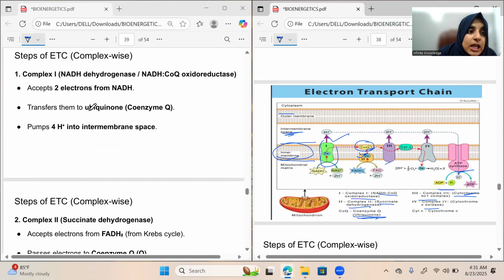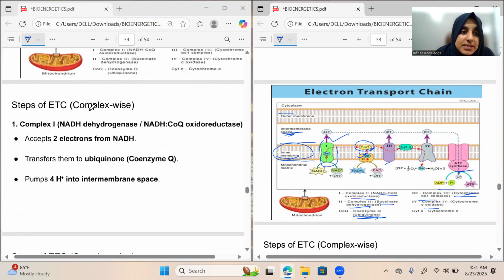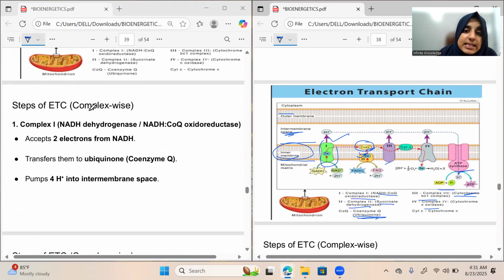Alright, so now what happens in complex 1? It basically accepts two electrons from NADH and transfers them to coenzyme Q. This NADH is converted into NAD plus two hydrogens, and it produces two electrons. These two electrons are transferred to coenzyme Q, which is known as ubiquinone, and it pumps four hydrogen